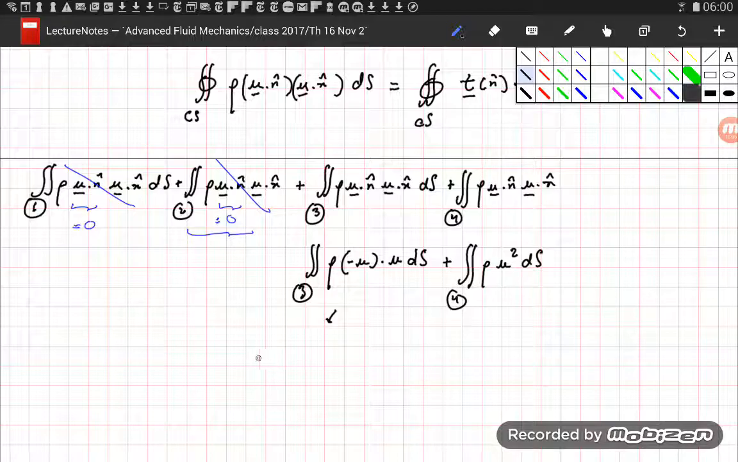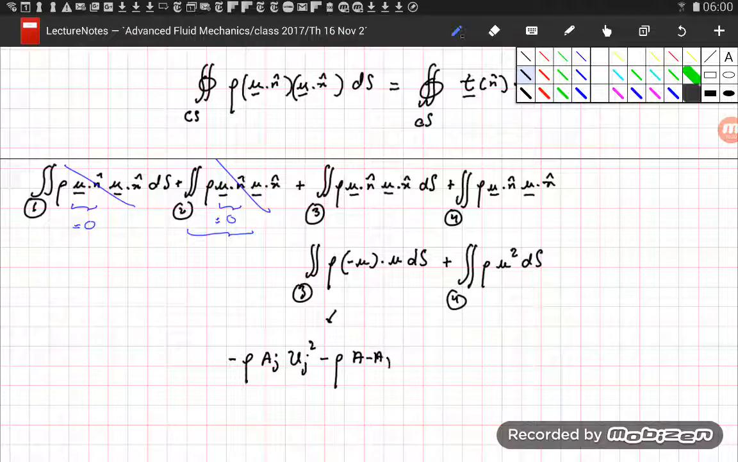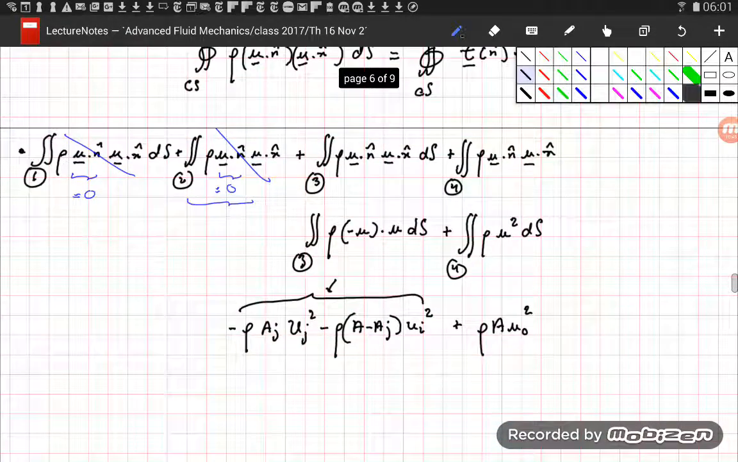So this will result in minus rho times the surface area of the jet, u jet squared, minus rho times A minus A_j, so all of the rest, times u inlet squared. This is 3, and 4 is just rho times A times the velocity at the outlet squared. So this is for the flux of momentum. And now for